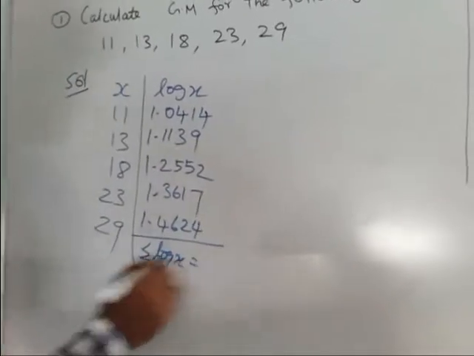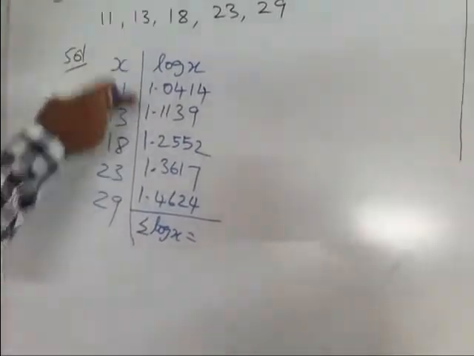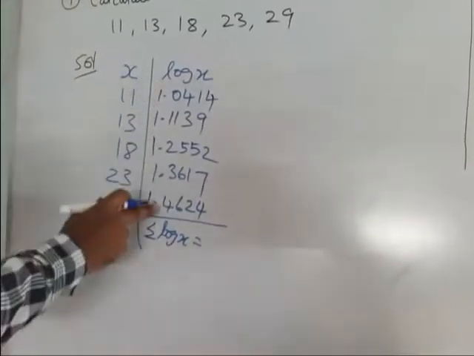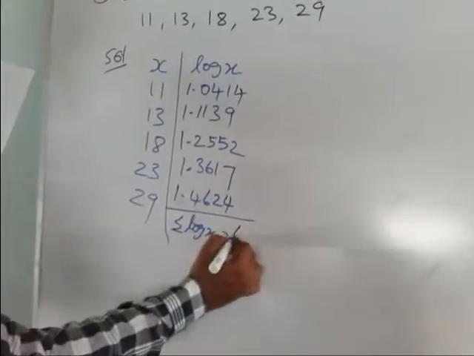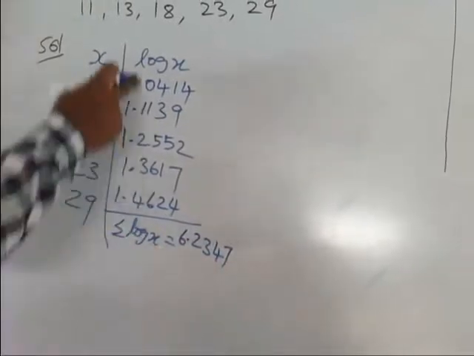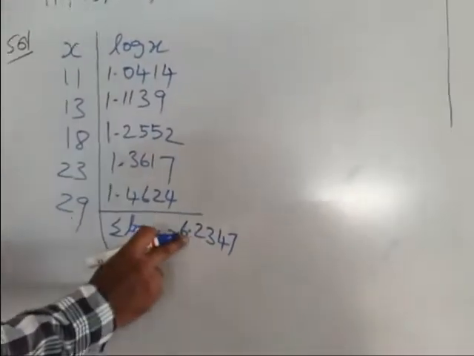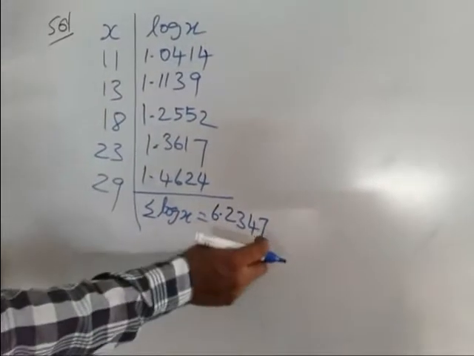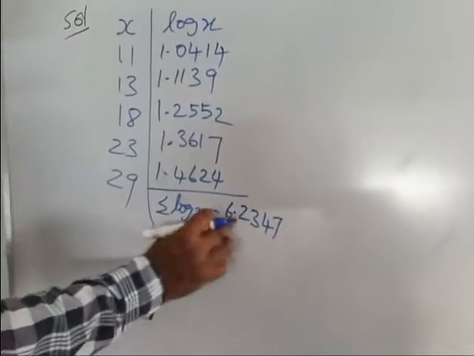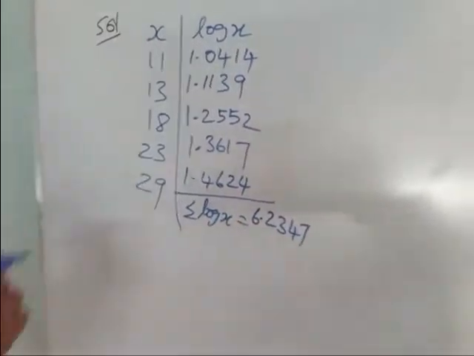Now add. This symbol summation represents adding the values, just the sum of all the values. If you add all these values, we get 6.2346. Just to check it, adding the total, we get 6.2347. After the decimal, if one more digit differs, like 89, it is no problem. The 2 digits are very important. Okay, you write this. Now come to the formula.